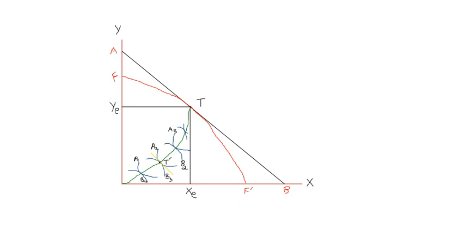So there can be a number of these equilibrium points across the contract curve. However, you need to find out where the general equilibrium of consumption is occurring. So you need to note the point of the contract curve where the marginal rates of substitution of both the consumers are equal to the price ratio of the commodities. That will give the general equilibrium of consumption.